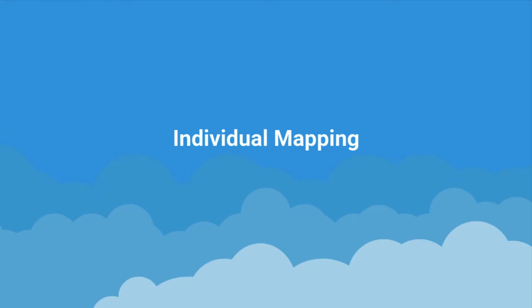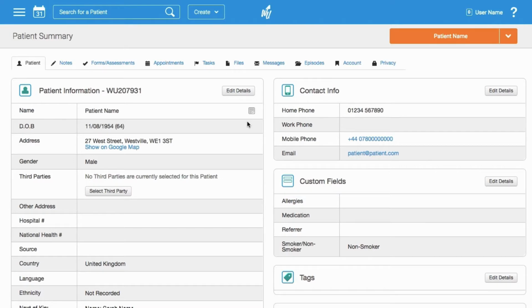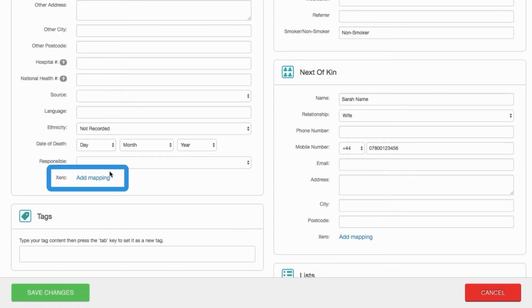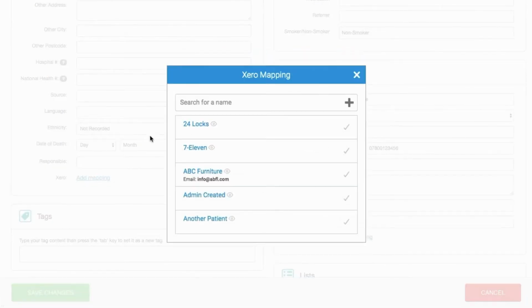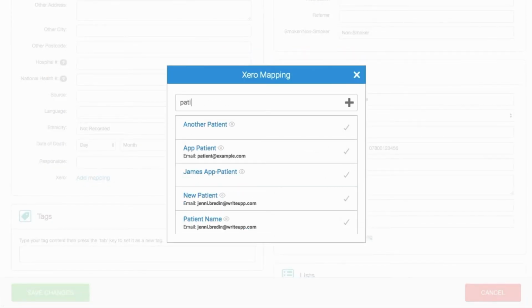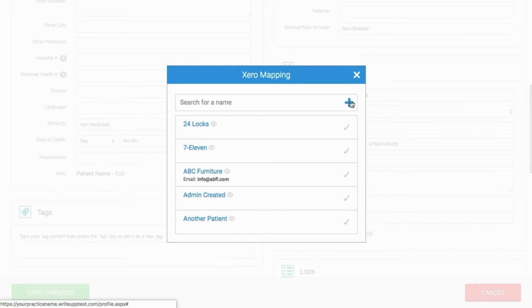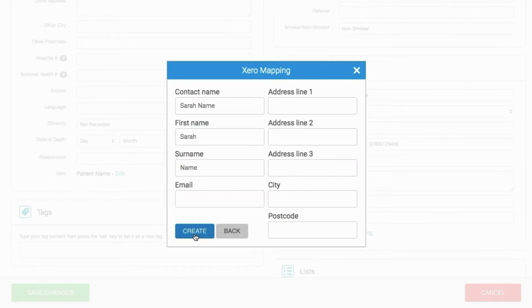Patients and next of kin can be individually mapped on the Patient tab of the patient summary. Click on Edit Details, then find the Xero Add Mapping links under either Key Patient Information to map a patient or Next of Kin to map a next of kin. You can either choose an existing Xero contact or click on the plus icon to create a new Xero contact,